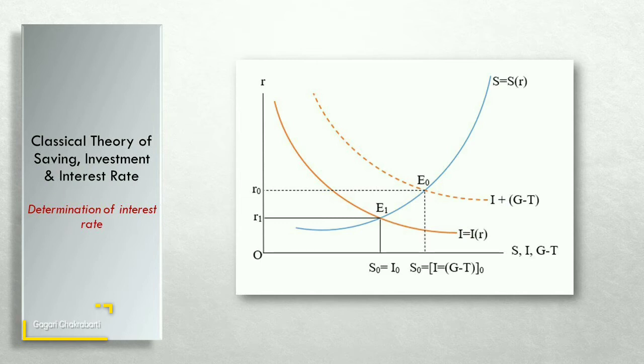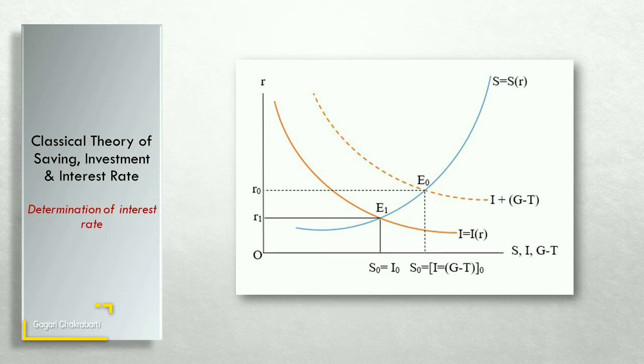If we assume that the government budget is balanced so that we have only the demand for loanable funds created by the private firms, then the equilibrium will be attained at point E1, where the total saving will be exactly equal to the total investment by the private firms. In the classical model, this interest rate is perfectly flexible in either direction.